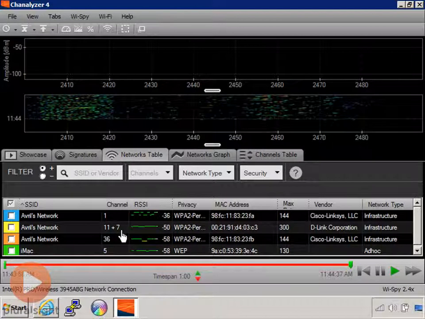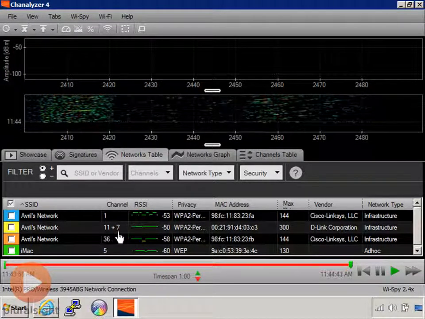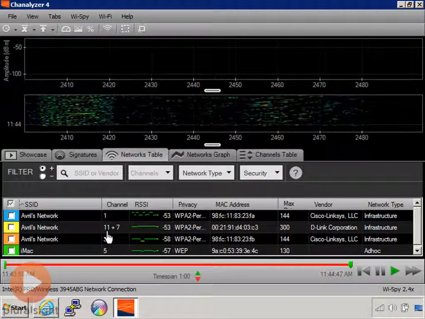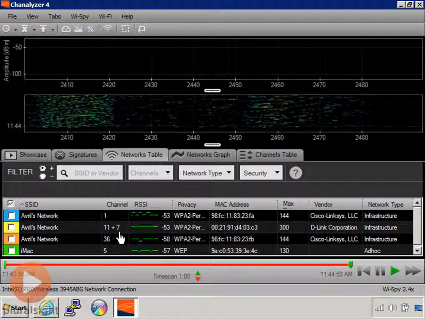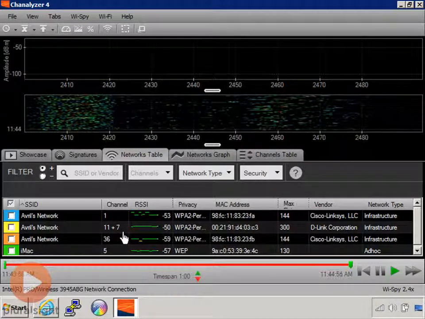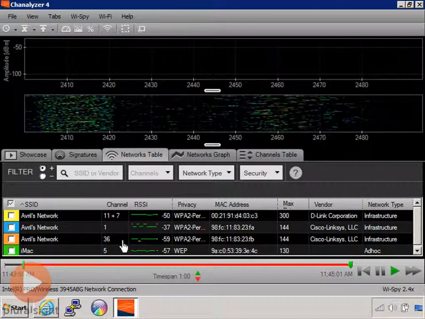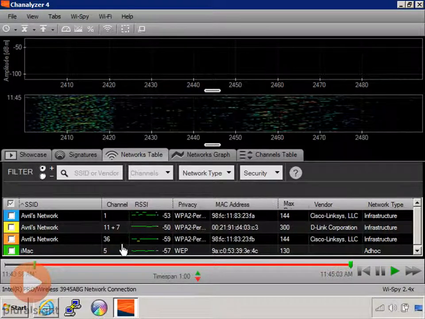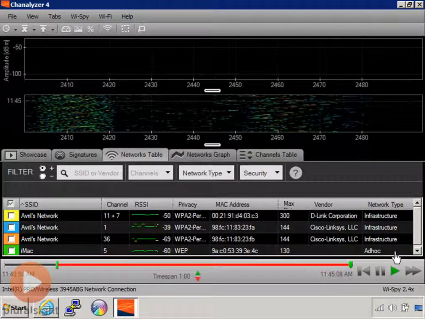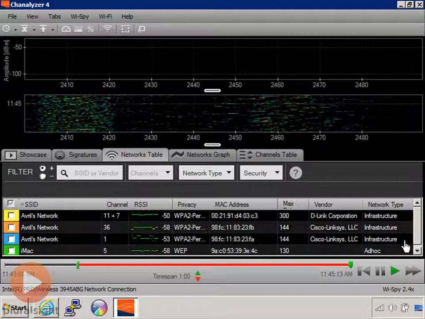Over here you can see I've got a second access point. Now this is an 802.11n that's operating on a 40 megahertz channel, so it's going across channel 11 as the primary and channel 7 as the secondary. So whereas this is a 20 megahertz channel, this one here is a 40 megahertz channel. This is my network operating in the 5 gigahertz band up on channel 36, and this one here, if you go across, this is actually an ad hoc network,